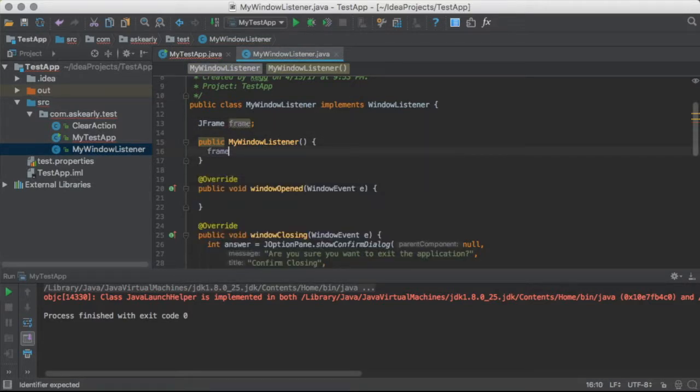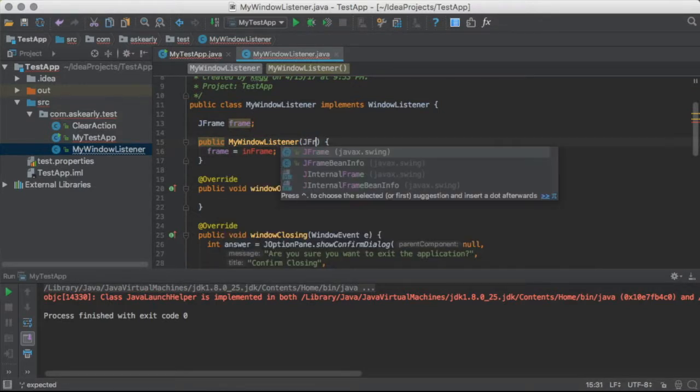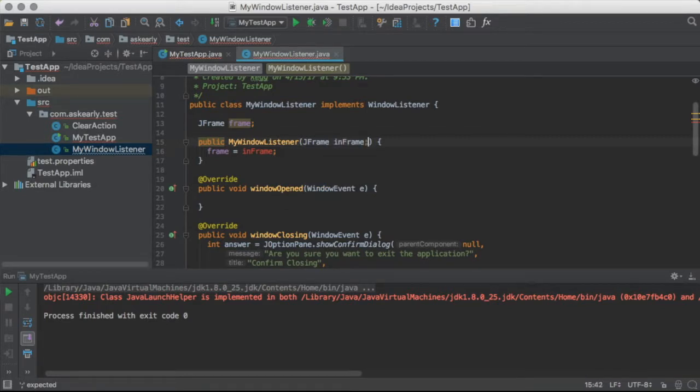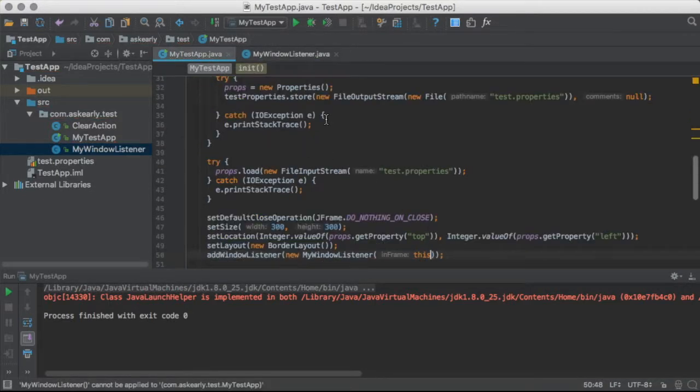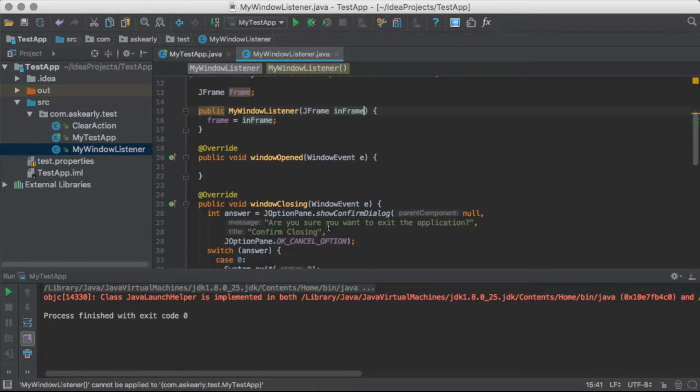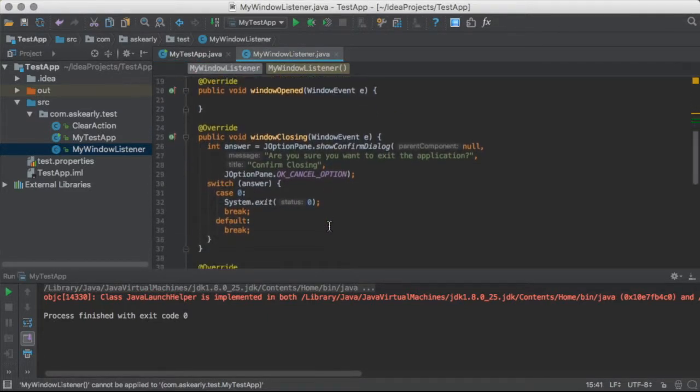Our frame is equal to an in frame. There we go. Oh, not like that. There we go. So we're going to capture that guy. Okay. And then before we go to close it,